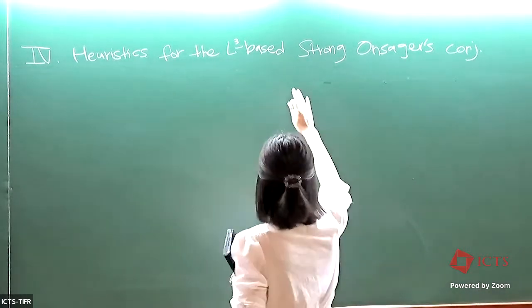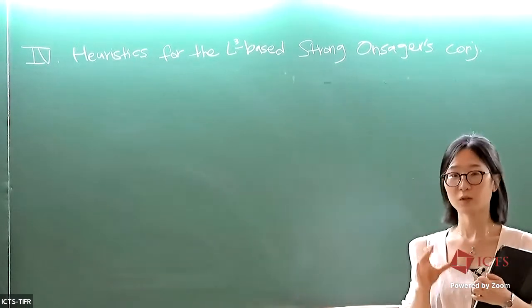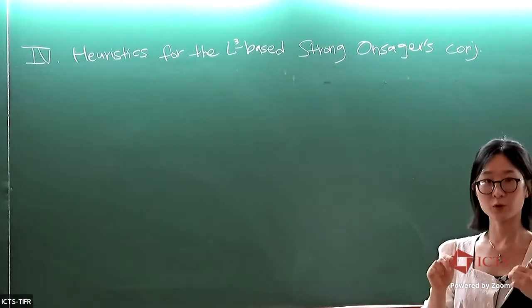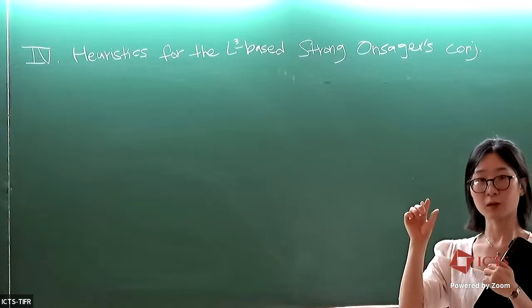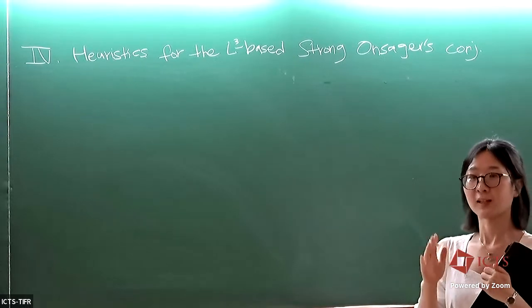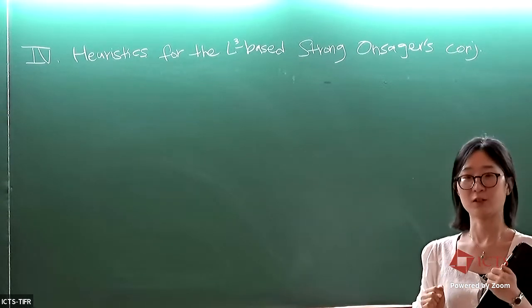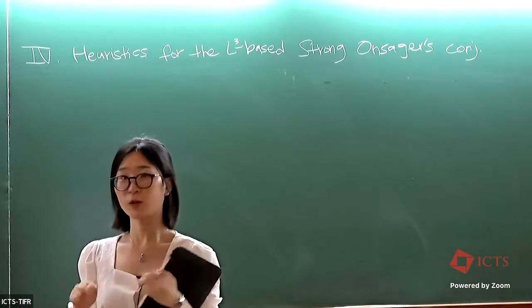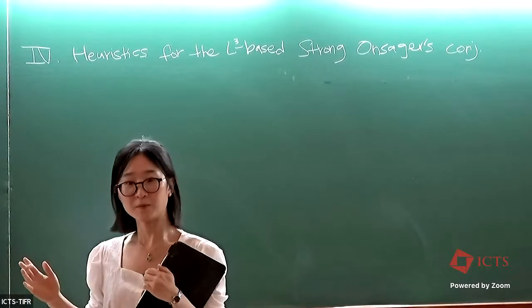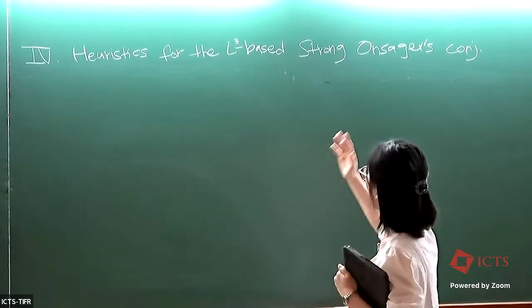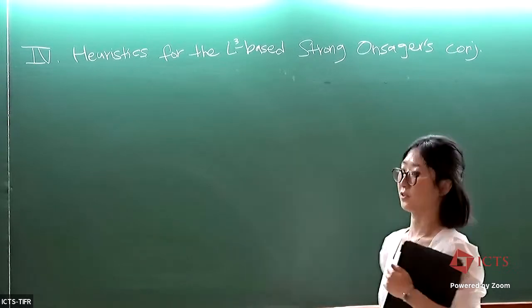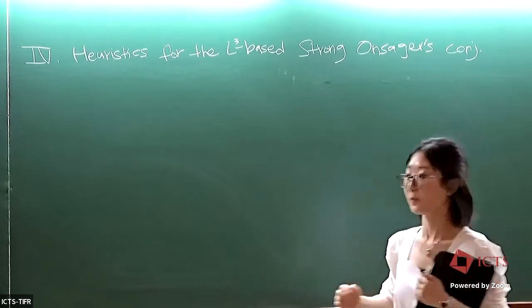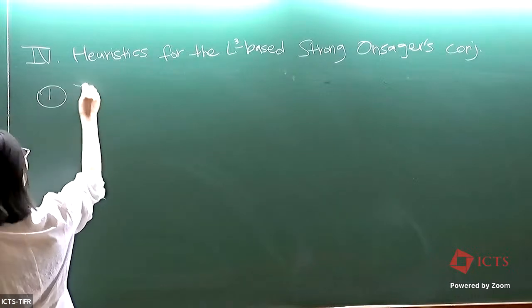Okay, so in the L3-based Strong Onsager conjecture, we want to construct a solution which is intermittent, meaning that when you measure the solution with different LP-based norms, you want to get different differentiability parameters. Then at the building block level, you should see this feature. So if you just think about the original Mikado flow, as we just discussed, when you take LP norm, their sizes are essentially the same, right? But for this, if you want to solve the L3-based Strong Onsager conjecture, you should use some other building block flow which has intermittency. So let me first introduce intermittent